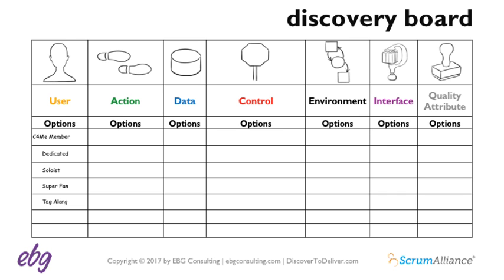We have these different users listed on the board, so they're exploring, and then in their conversation and discussing value, they've decided that the high value user option is the super fan, that particular persona. So we're going to use a star to designate that as we go through the discovery board.